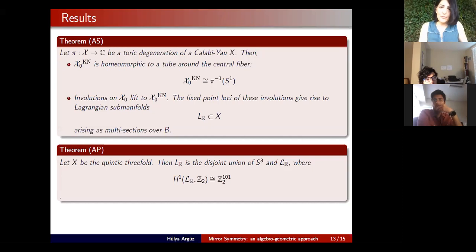The data we need to construct the Kato-Nakayama space is on B, the base of the fibration you obtain from your toric degeneration. You start with something called gluing data, and this gluing data is the same data which in the Gross-Siebert program they use to construct smoothings of